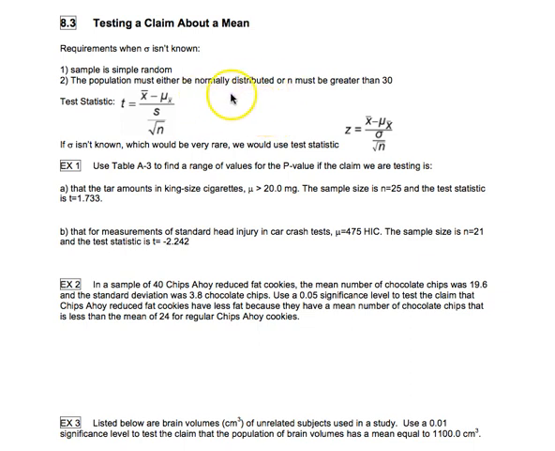The population must either be normally distributed or n must be greater than 30. So if it says something about the population being normally distributed, then we're good to go. It doesn't matter what the sample size is. If it doesn't say that, then we need n to be greater than 30. So here is the formula to use for the test statistic. The t, it's the same one we used before if you're calculating by hand. In the very rare case that the population standard deviation is known, then that's when we would use z,